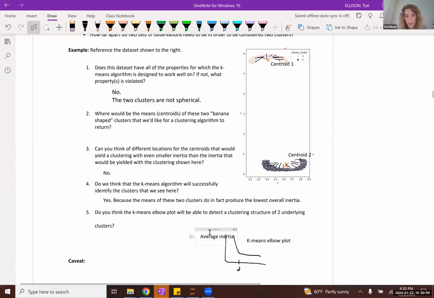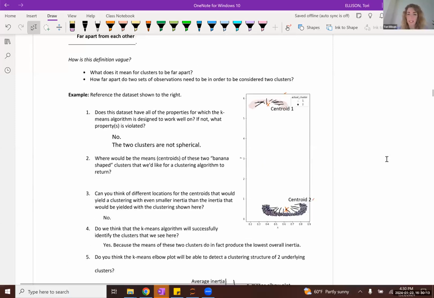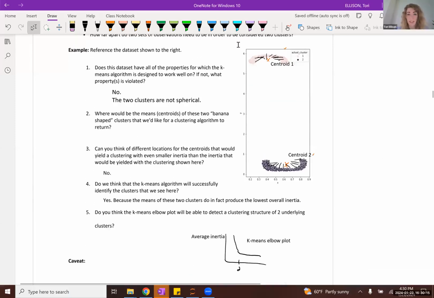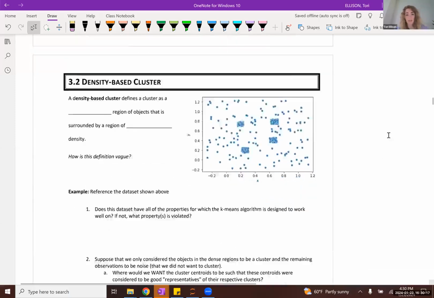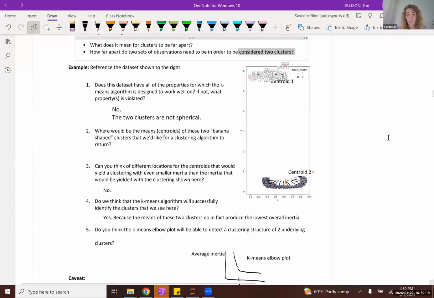To think about this, you can try to think about how k-means might cluster this given data set into one cluster, two clusters, three clusters, four clusters. And then again, remember when k-means is trying to cluster a data set, it's trying to find the clustering